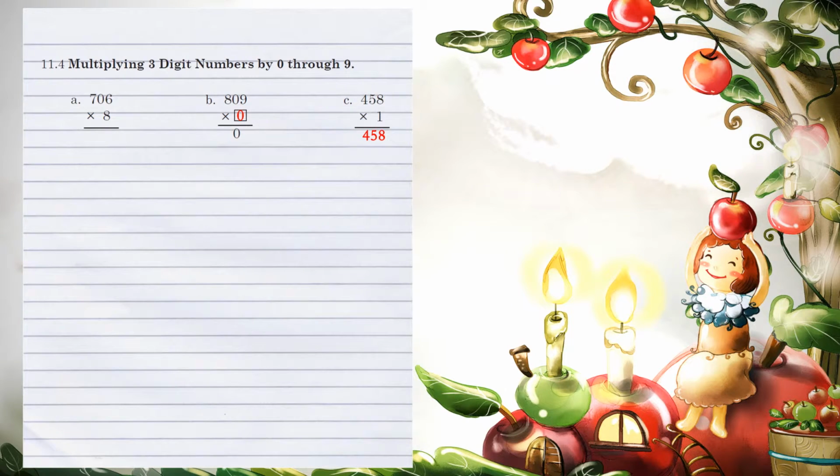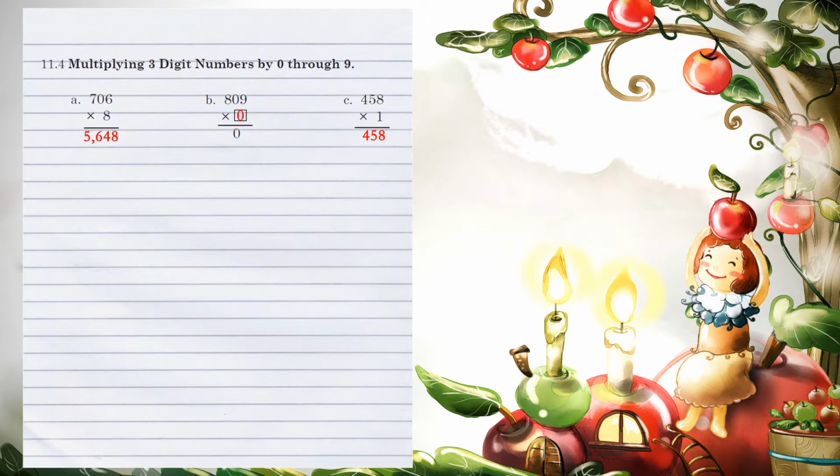Unit 11.4, multiplying 3-digit numbers by 0 through 9. Let's look at example A. We're going to start to the far right with 8 times 6. That is 48. So we write down the 8, carry the 4 into the tens position. 8 times 0 is 0, plus the 4 is just 4. Then we have 8 times 7, which is 56, for a final answer of